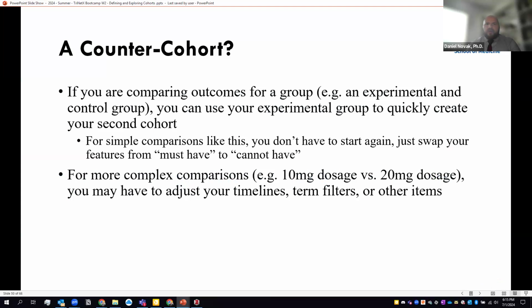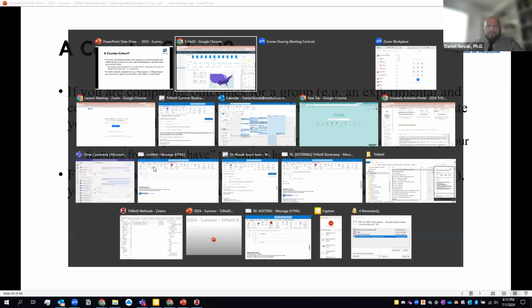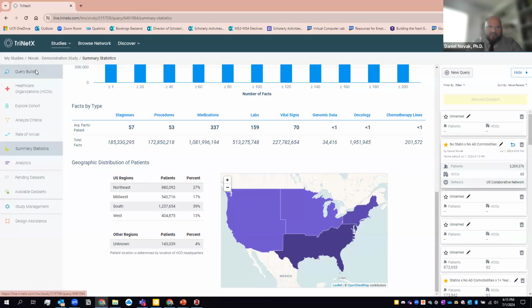Okay, so what I want to talk briefly about was building what we'd call a counter cohort. If you're comparing outcomes for a group, like an experimental and a control group, for example, you can use your experimental group to quickly create your second cohort. Just to give you a little bit of a sense of how I did this for some things,